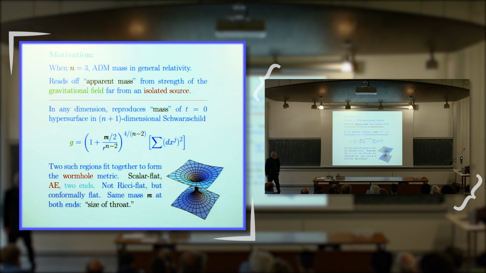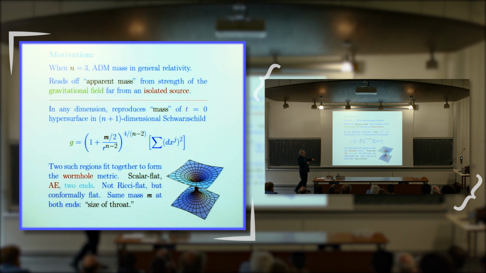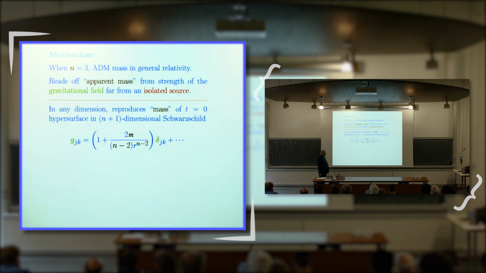All right, so this is written in this way. This is a very nice metric, and by the way, you could easily generalize this now to have conformally flat, scalar flat, and as many ends as you like, just by adding a lot of Green's function terms for different points. On the other hand, so the most naive thing you could read off about this is it's saying that the